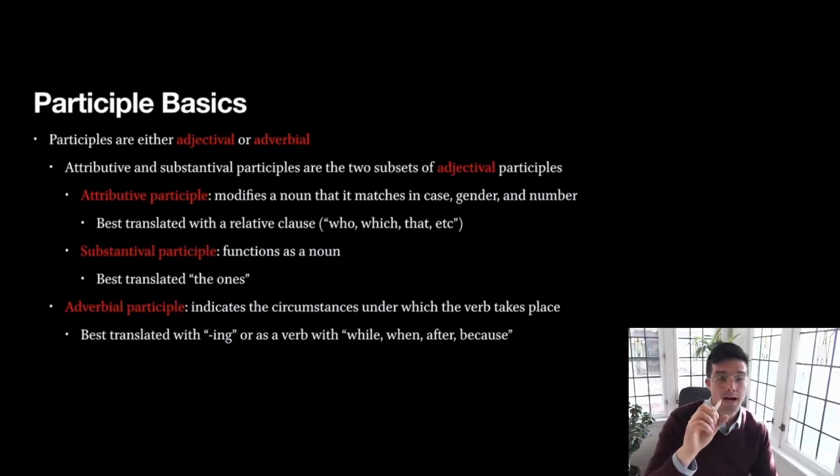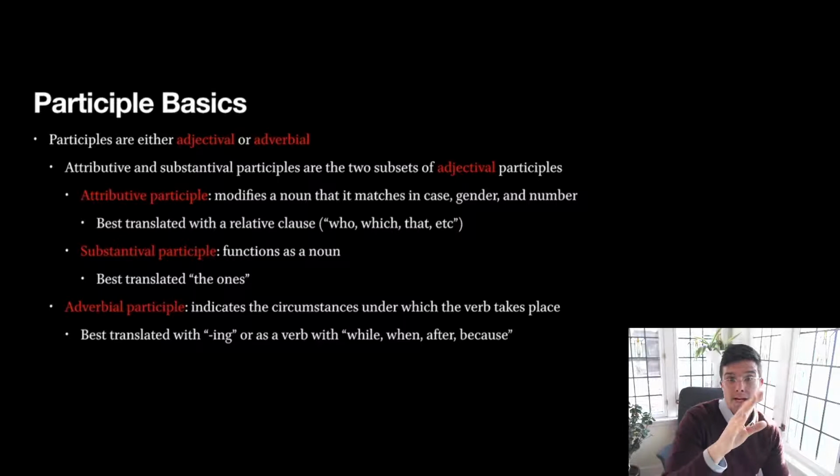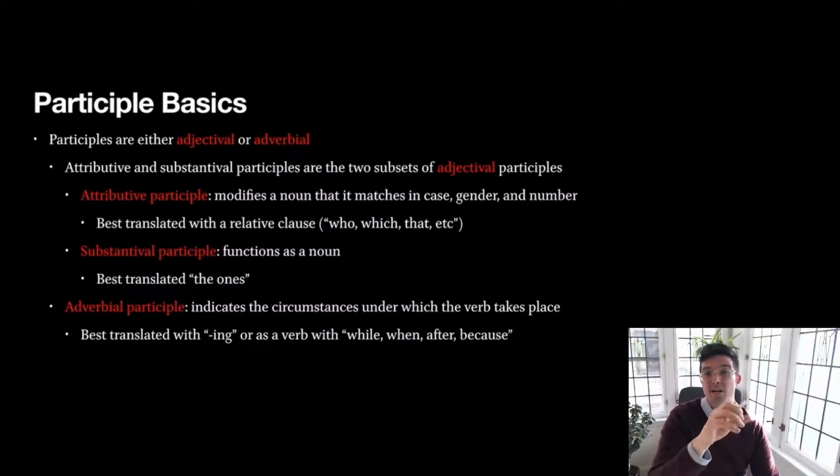Writing would be a participle in Greek, and it would be nominative, masculine, and singular because it's the subject of the verb is. So it's going to have those bits from the adjective. It's going to be nominative because it's the subject, but it's going to convey the action of the verb writing. So "writing is good" would be a substantival participle in Greek, where it functions as the noun in the sentence and is not